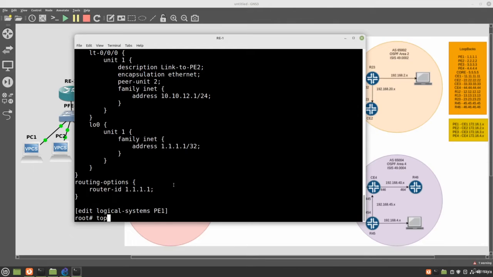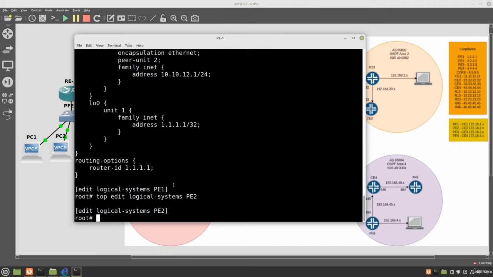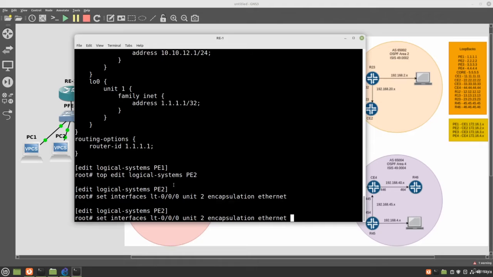So let's do top, and let's do edit logical systems PE2. So now we're in the PE2 hierarchy, and we can do set interface LT 0/0/0 unit 2 encapsulation Ethernet, and we're going to do description, and it's going to be link to PE1,